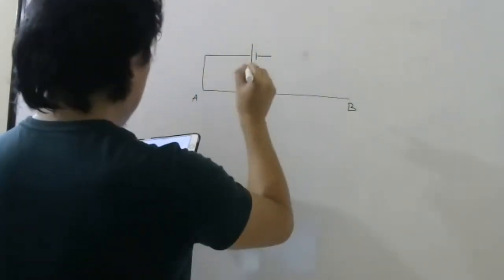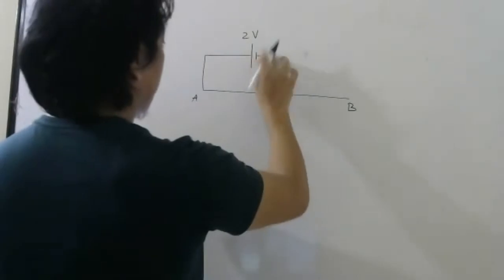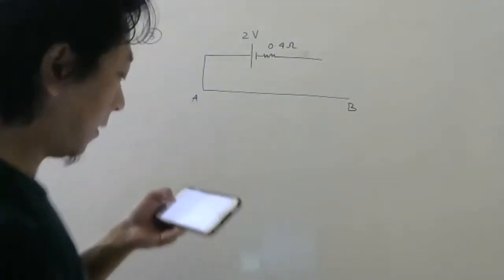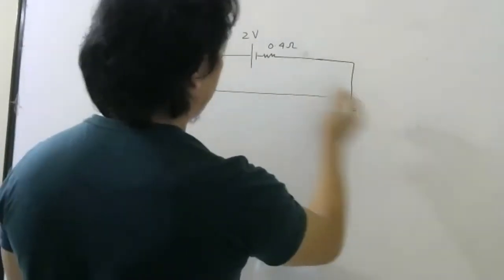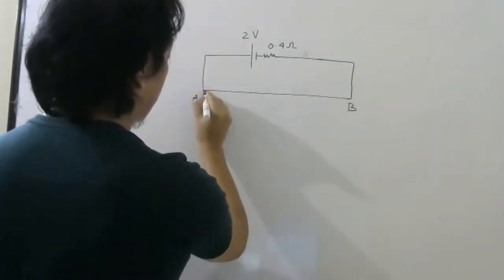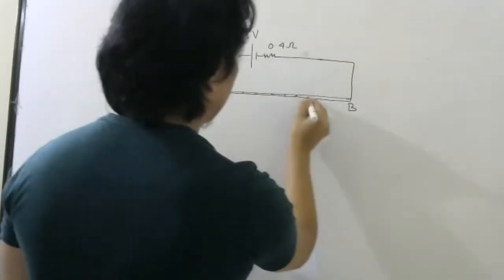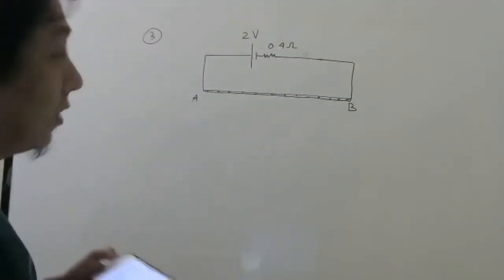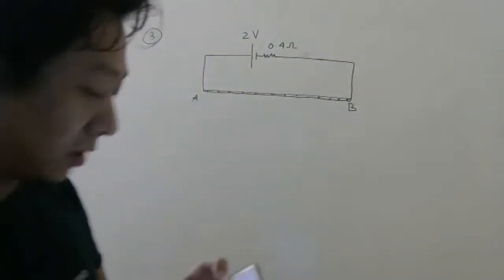There is a battery, 2 volt, and internal resistance is shown here, 0.4 ohm, which maintains some potential difference here. We know that because of this battery, there will be some current, and therefore there will be some potential difference across the wire. This is your potentiometer wire. Let me slightly change it so that you can see the difference between this wire and this wire. These wires are just connecting wires. External resistance is not shown here.